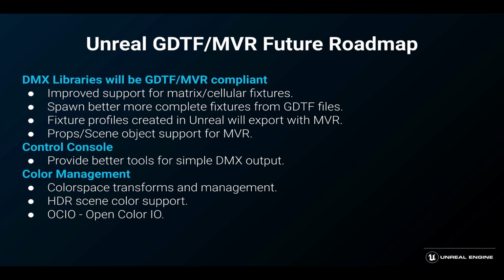So we'll use the geometry, we'll use the gobos, we'll use the color wheel, stuff like that. Again, it is never going to be 100% bullseye because lighting manufacturers are very creative and they come up with new ideas all the time that we just can't predict how it's going to work. But that's one of the good things about Unreal: it's open source, so you can customize it to your heart's content. There's third-party fixture libraries out there like Carbon that also kind of fill this gap. But we do want to do a better job for at least the basic use cases that are out there.